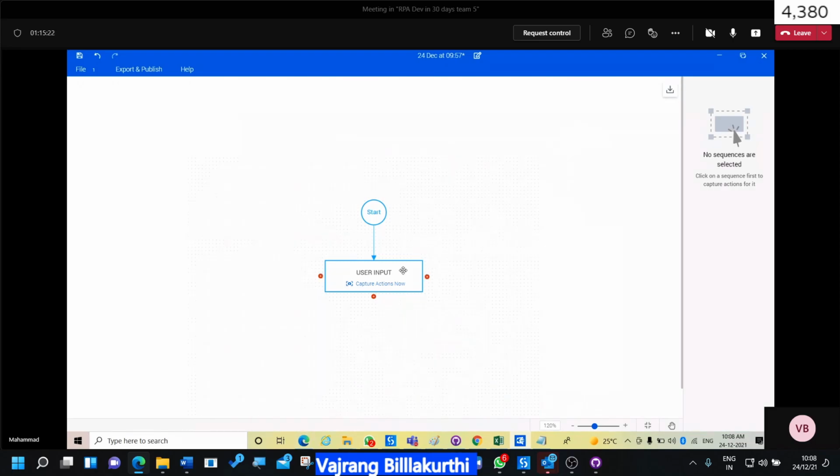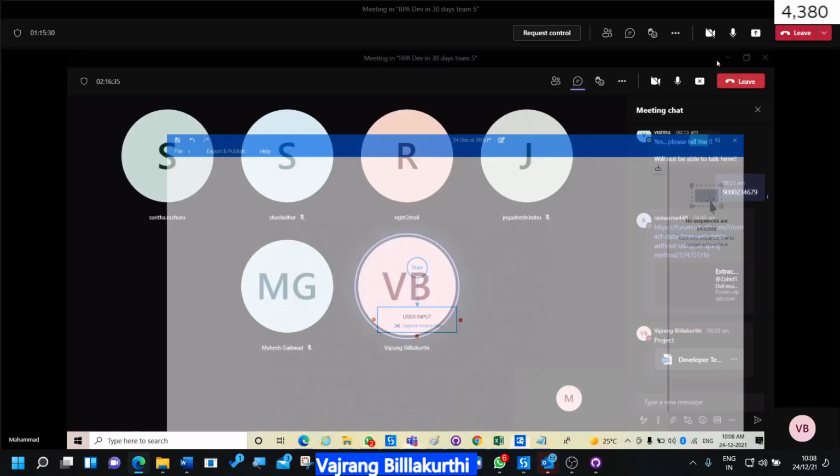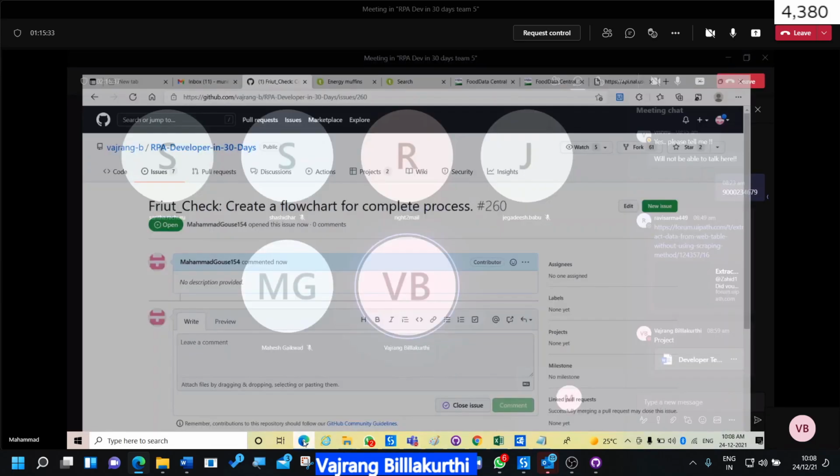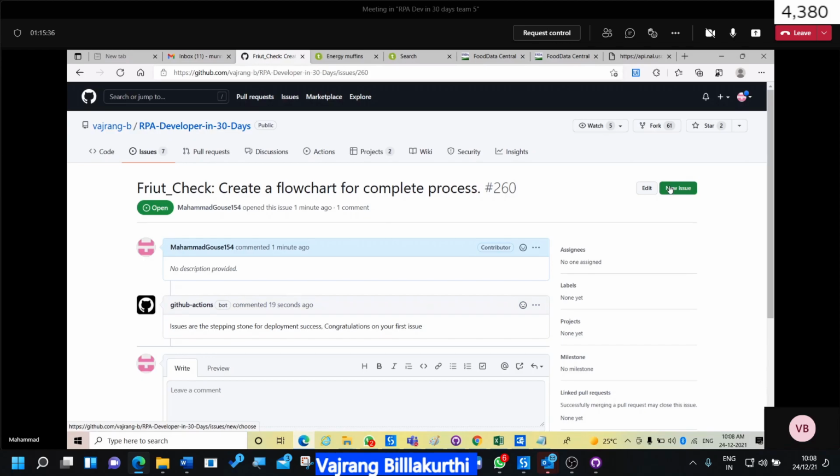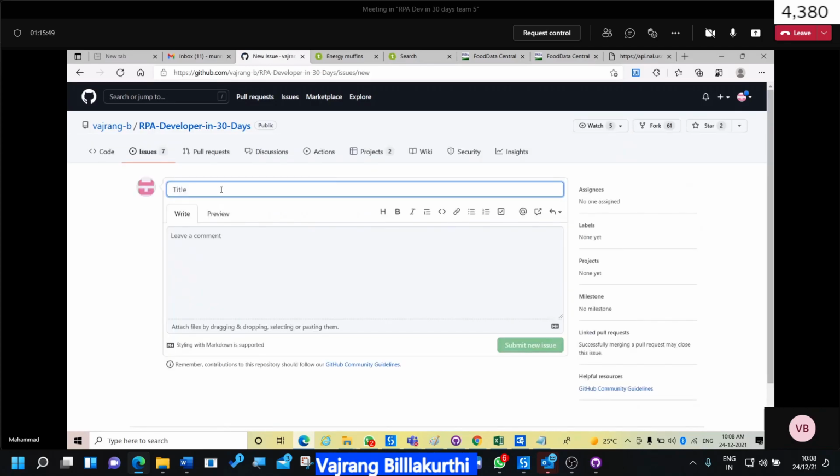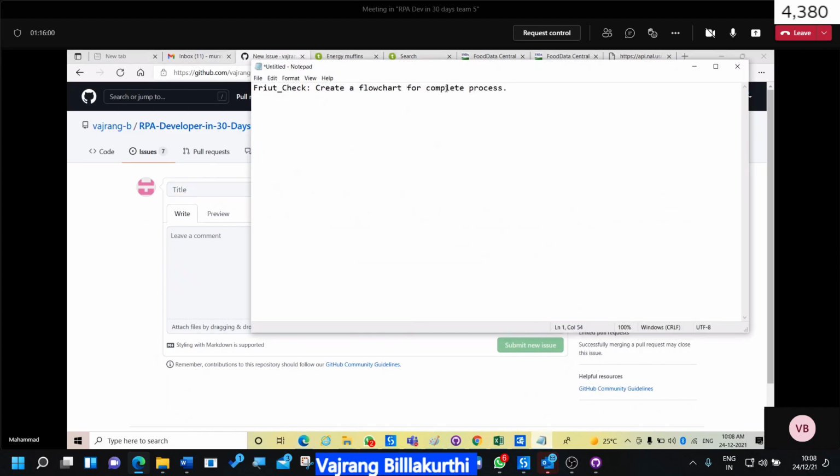So, the user input, right? Whenever we are working on this, go back and create all the tasks that you need to do in this project. For each one, we need to raise a pull request. Create the issue first. Create all the issues. Yes. Create flowchart and next PDD. Raju, correct? Yes, Mohammed.